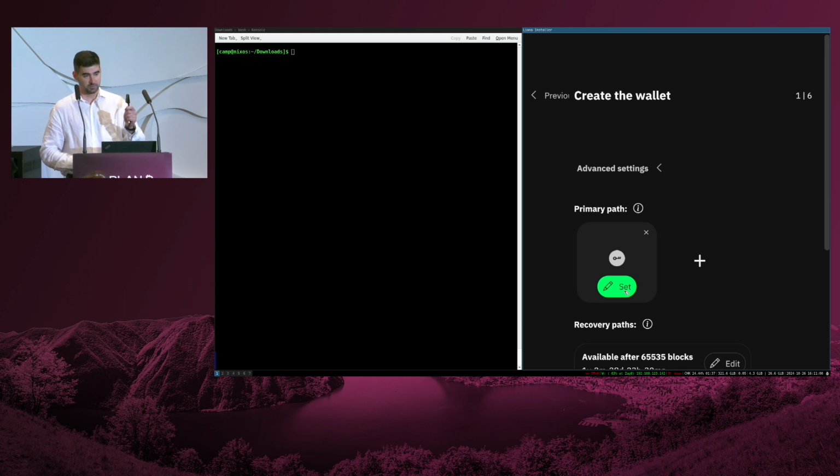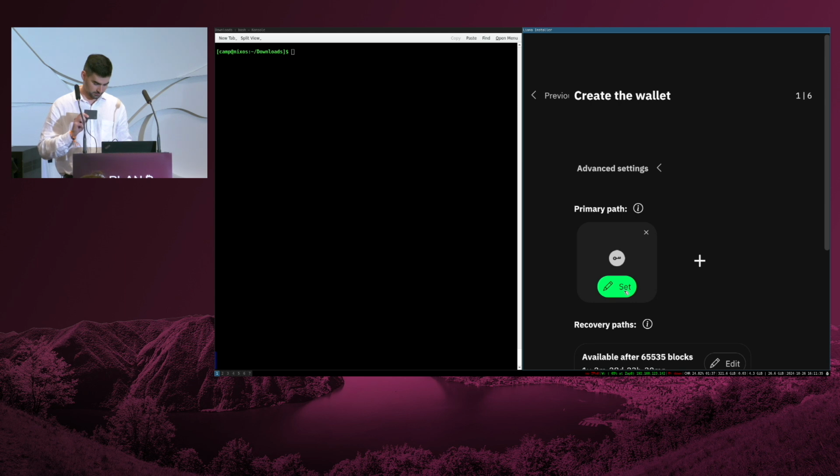So the primary is a single sig, the first recovery is a single sig, and the second recovery is something that is provided by Liana, they call it safety net. So that's where you can choose some external providers that will have one key for you that you can activate in case of loss of your primary spending or your first recovery path.